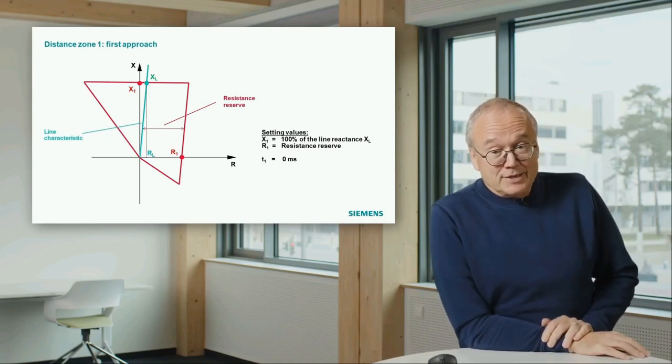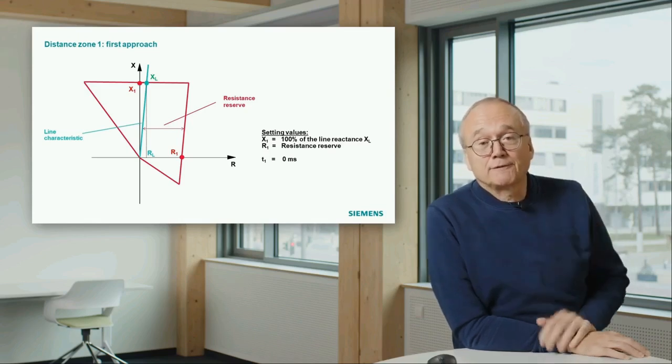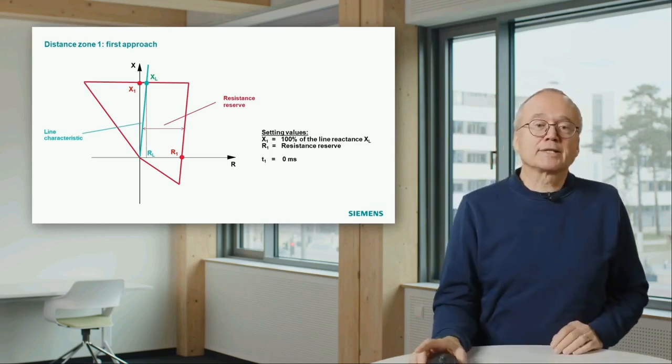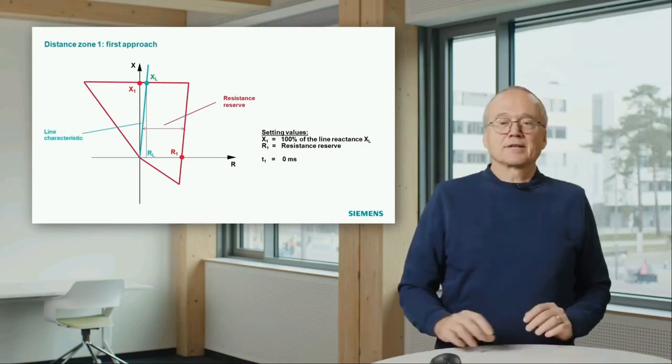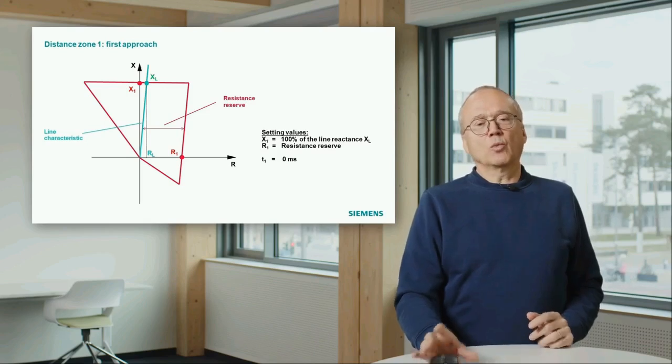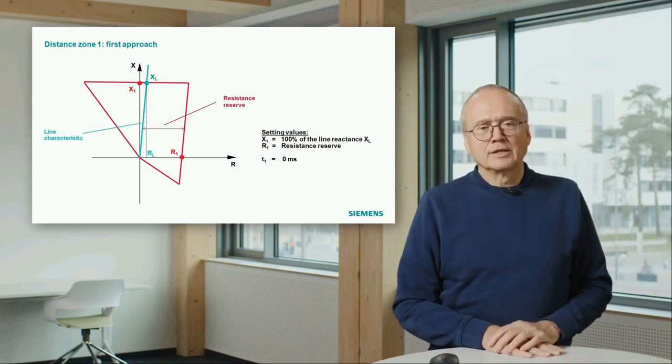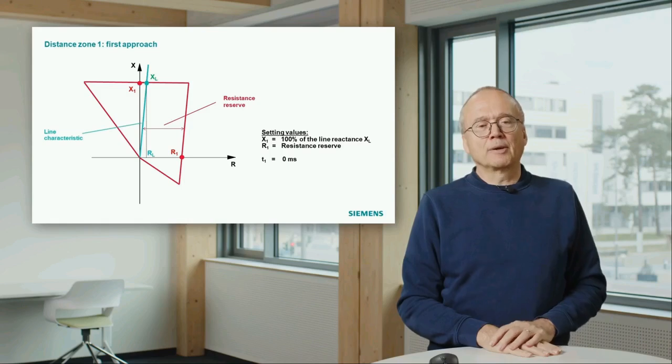So the question is, will that work? It looks nice, selective. As soon as the short circuit is a little bit beyond this XL on the next line, it will not trip. The question is, does that work? And you can imagine, if I ask the question like that, the answer is no, it does not work. Why will such a setting cause problems?